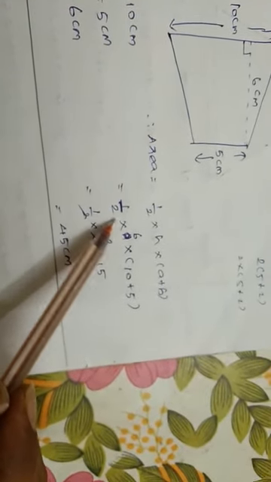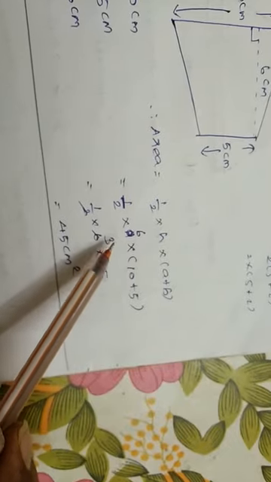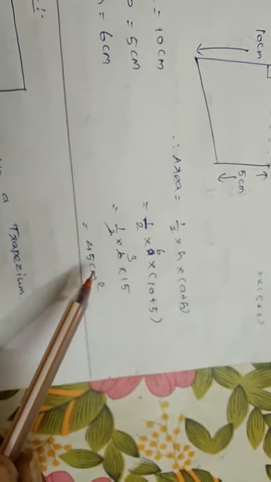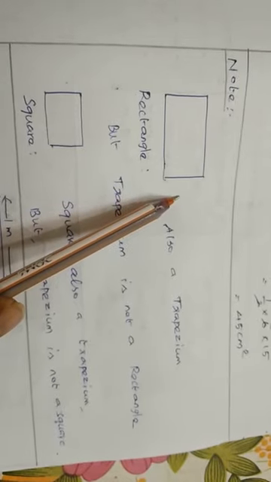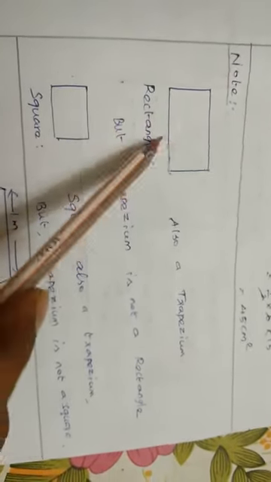Divide by 2, so 2 you can cancel by 6. So 3 15s are 45. So now the area of this trapezium is 45 centimeter square. So just one general idea you needed to study. Now rectangle and squares satisfied the opposite side. On opposite side, these two sides are parallel, or these two sides are parallel, no. So we can tell rectangle also a trapezium.